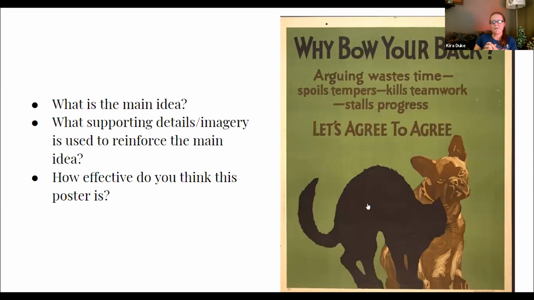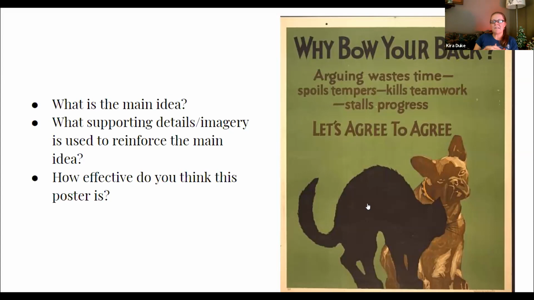So this one, what do we think the main idea here is? And don't let your fur get rubbed the wrong way, right? They could have actually changed the title on this one to that one. That would have been a really good line to it. So yeah, this is about teamwork, right? Get along at work. Arguing wastes time. It's about productivity. The let's agree to agree. And of course,